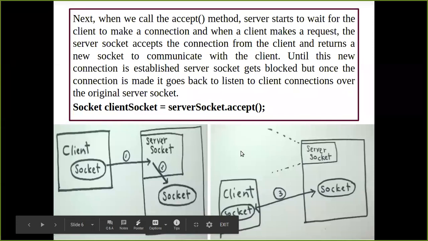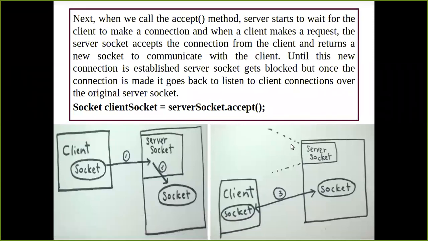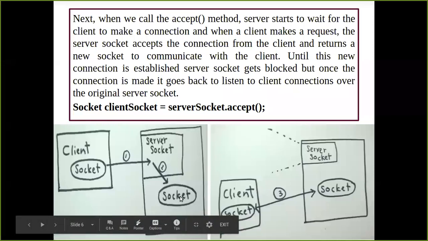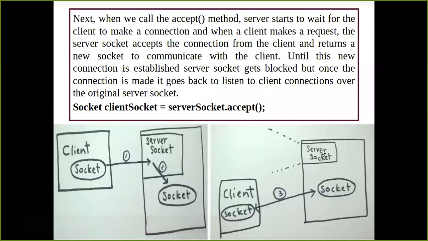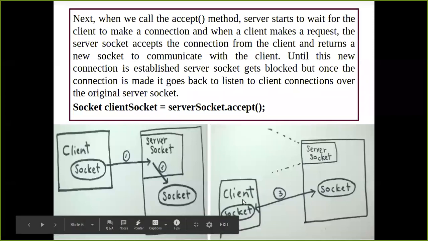Now once the server socket is redirecting the request to the socket of the server, the server socket is going to get free over here, and it is ready to accept another request from another client. Till that time it is not passing that request to the socket of the server, the server socket is going to stay allocated, or it is not free. Basically it is going to be present for this specific client. Once it has established the one-to-one connection with the server, it is going to get free.